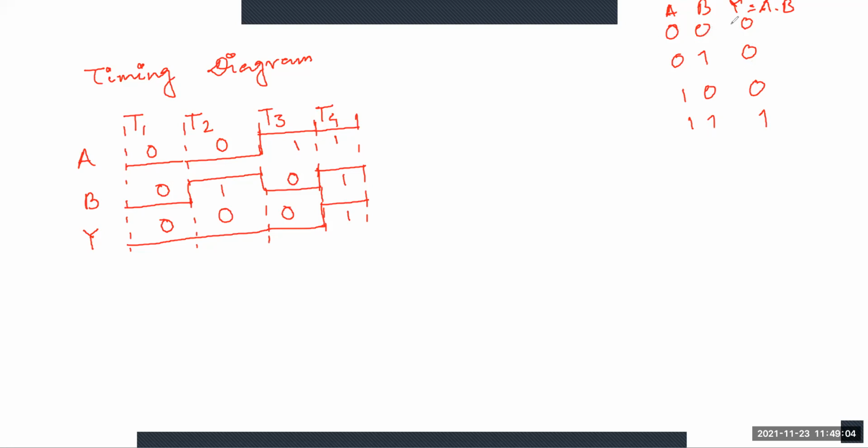We give 0 0 to the AND gate and the output we get is 0, so in that case we cannot implement 0 1. Whenever we implement the 0 1 combination, in that case we cannot implement 0 0, 1 0, 1 1. At a time we can implement only one combination. Now it is clear? Yes. Okay, so the AND gate is over. Now is the OR gate.